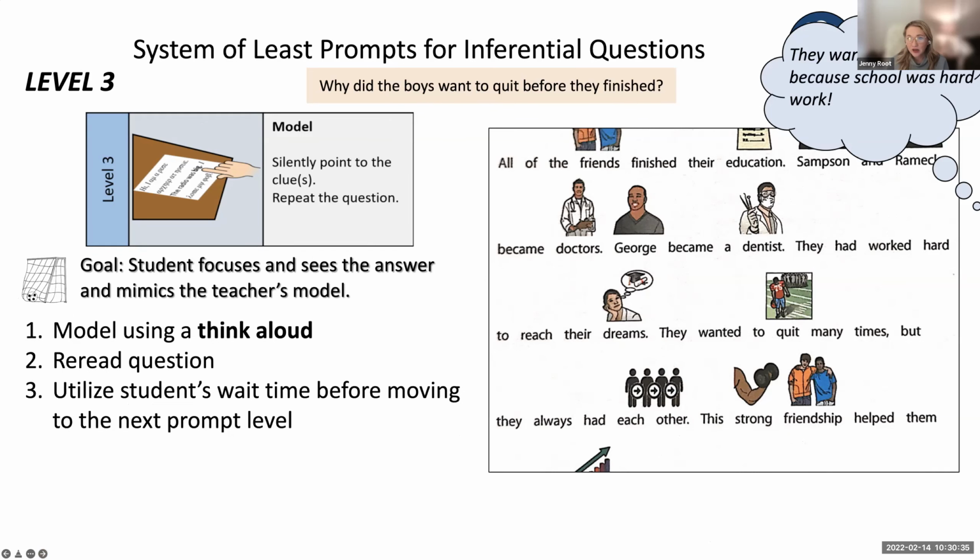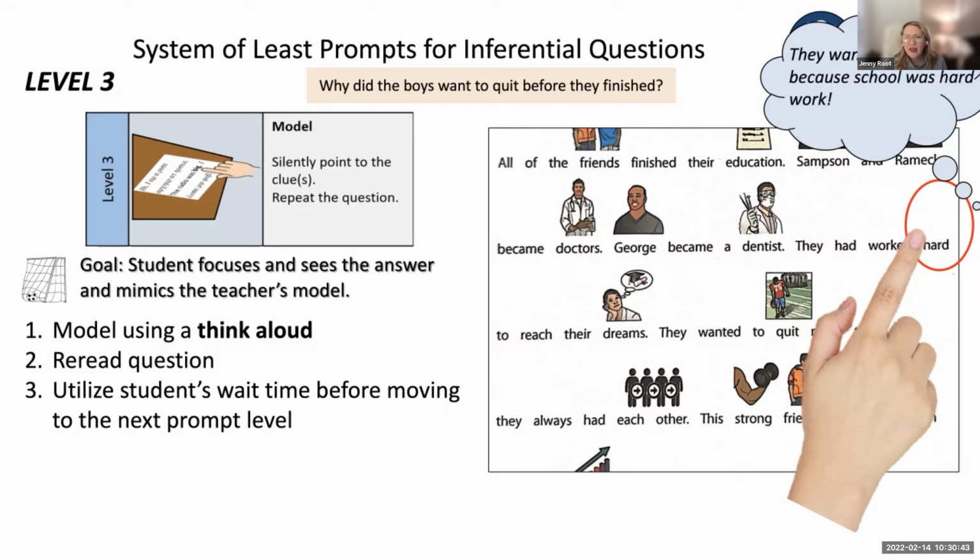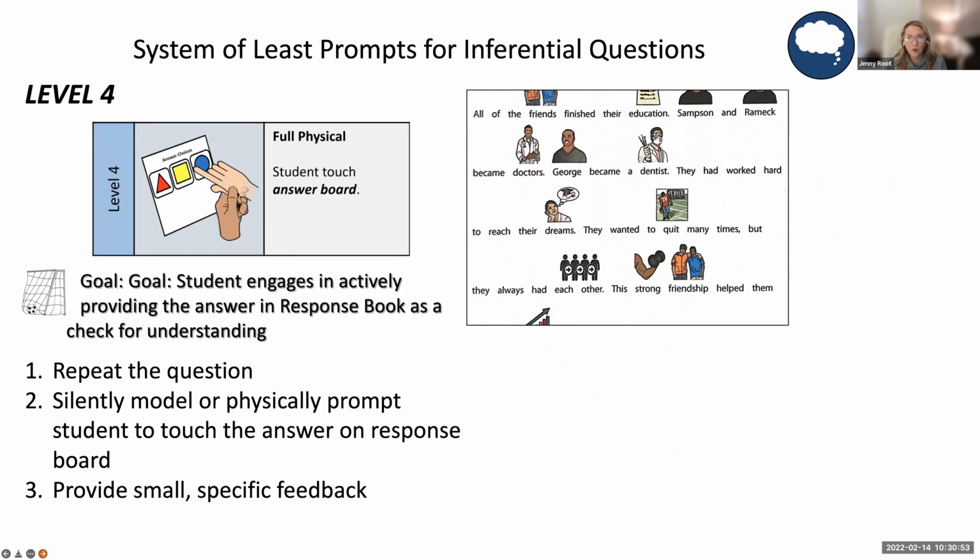And then if they're still not responding correctly, we'll go to a model prompt, when you model using a think aloud. Like, they had worked hard. They wanted to quit because school was hard work. And level 4, if needed,